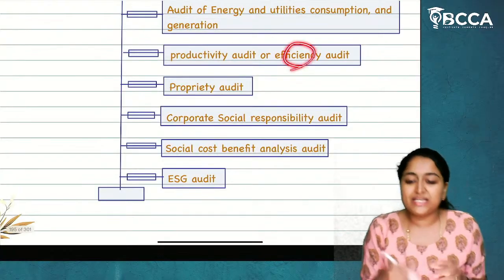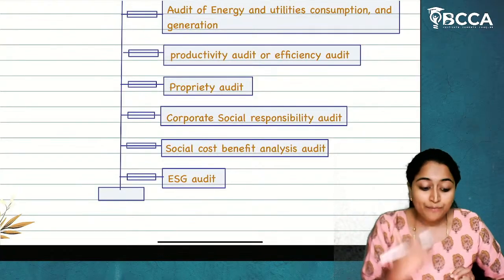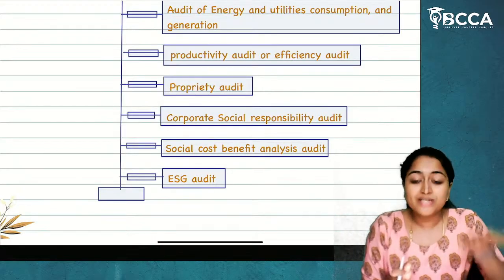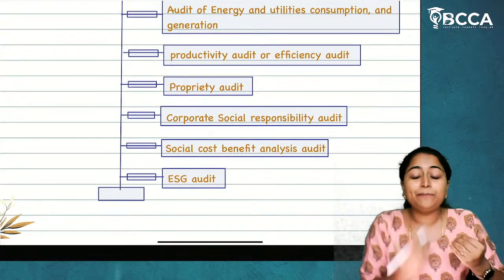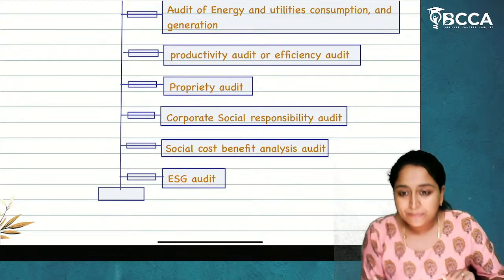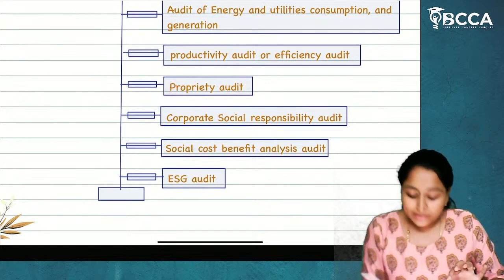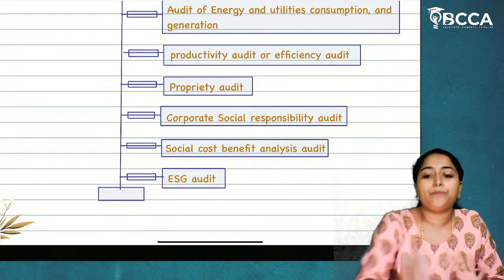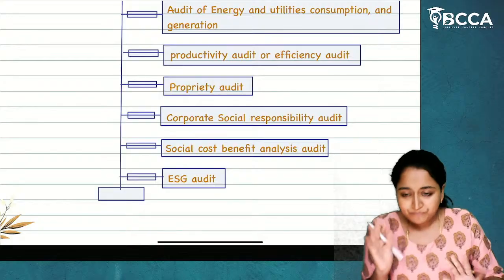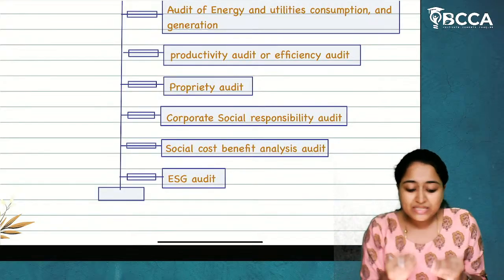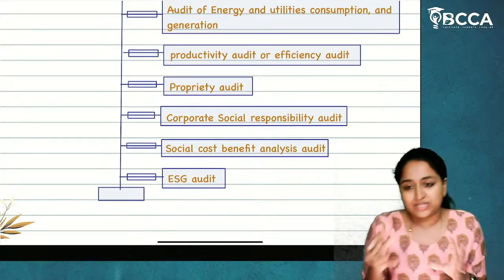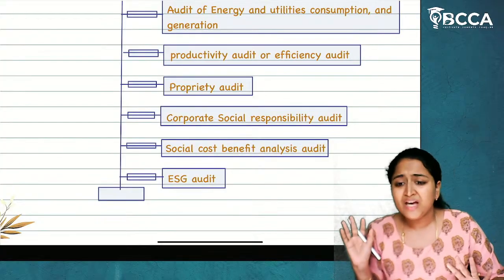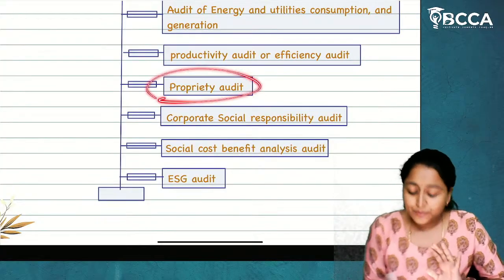Productivity and efficiency audit. Now, how is production happening? Production should not be only focusing on profit generation, but also cost reduction, optimum utilization of resources, and bringing better quality so that the public will get the benefit. And proprietary audit. Now, what is called a proprietary audit? Which means if I am paying 5 rupees for a product, it should be worthful for that. So what is proprietary? Whatever cost the business or organizations are incurring, whether they are spending in a thoughtful manner or they are recklessly doing the expenditure. Regarding that, it is called a proprietary audit.